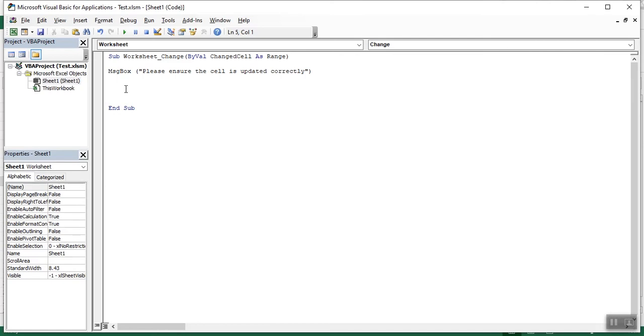I will first write Dim, space, ColumnChanged as Integer, and it's also linked with RowChanged as Integer. So we are declaring something first.